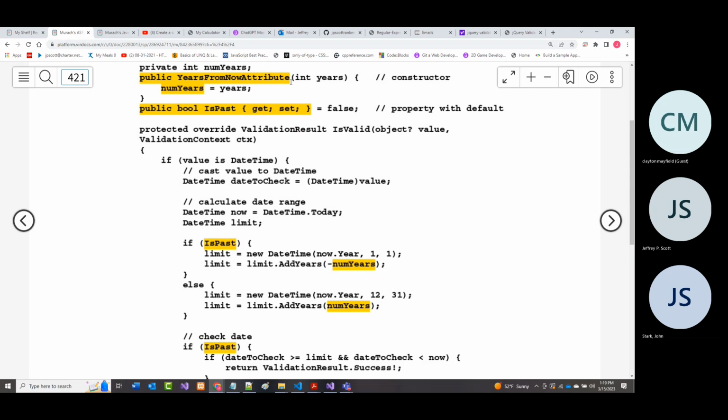All right. There's a years from now type of thing. Why would you want something like that? Well, you may have noticed that today, a lot of times when you fill out a form for a credit card, it may have the current year, when they say how long is your card good till. I noticed that in the past, when I get a card, it's always good for approximately a year.